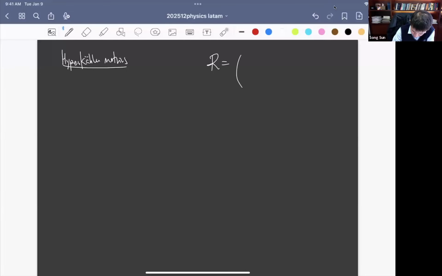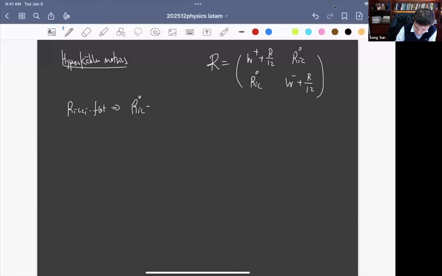We have the curvature tensor as W plus R over 12, then Ricci, Ricci, W minus plus R over 12. So if we want the metric to be Ricci-flat, this implies traceless Ricci equals 0, R equals 0, and also anti-self-dual,